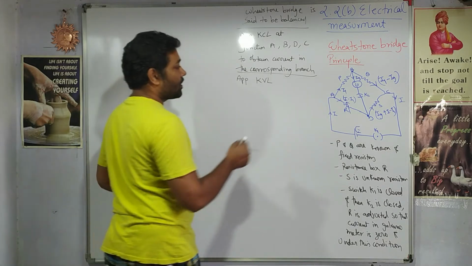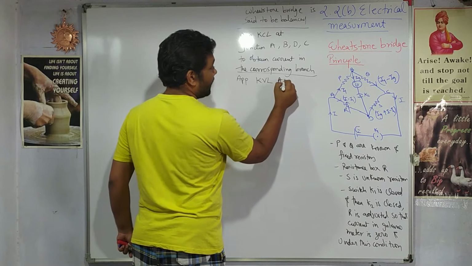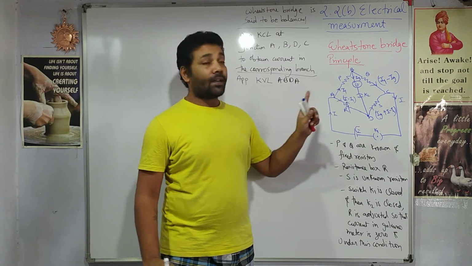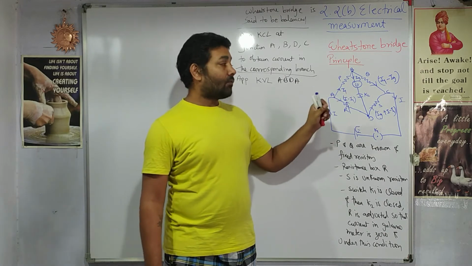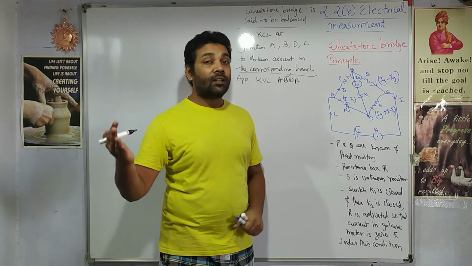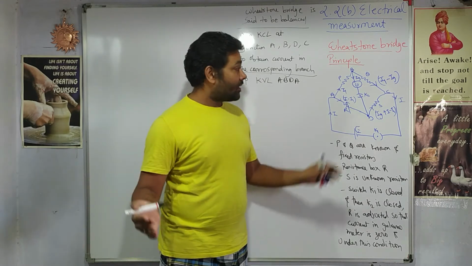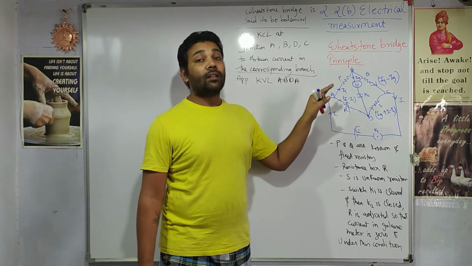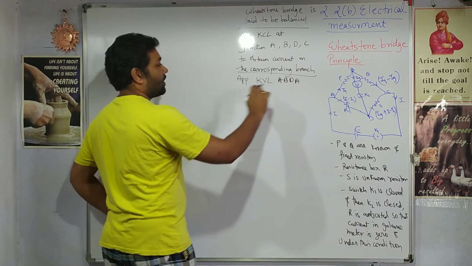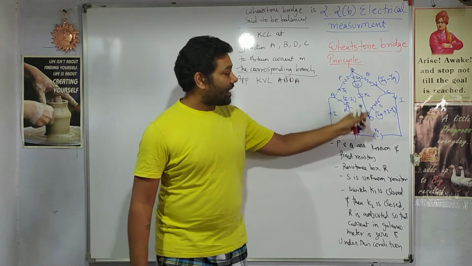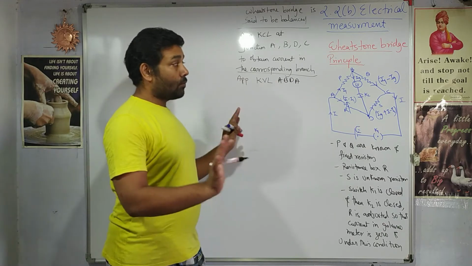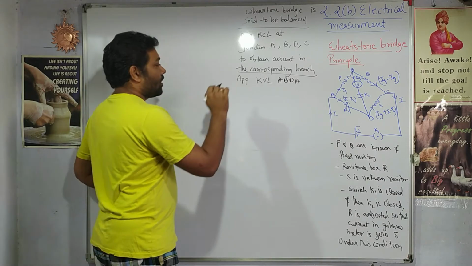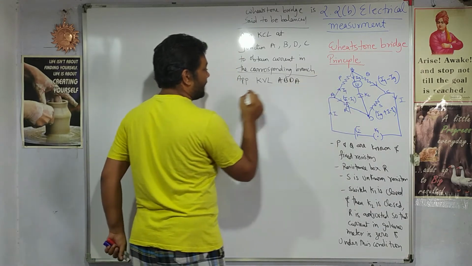I select two loops, that is A, B, D, A. I select this loop. You can even try any two loops out of the 5. When you try with any two loops, you will get a much more detailed idea of how exactly KVL is to be applied to get the solution. From my practice I know that A, B, D, A is going to work out. And if you don't know what's going to work out, out of 5, select any 2 or 3 loops.